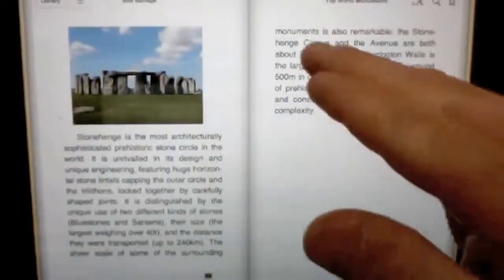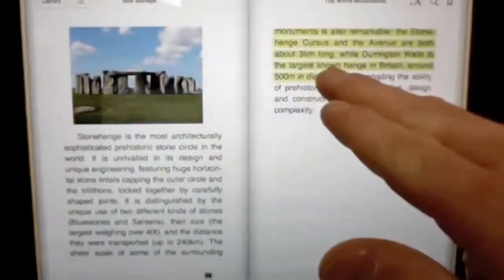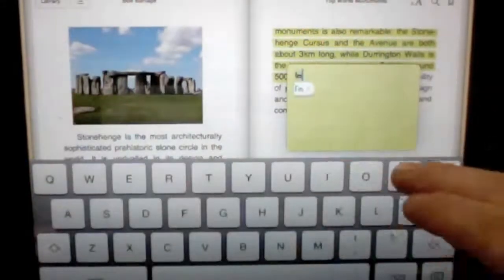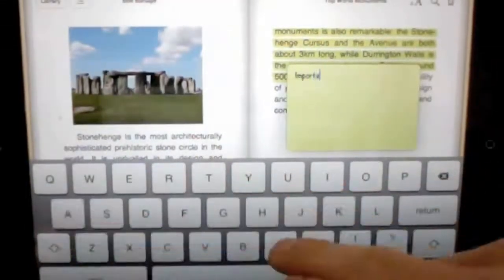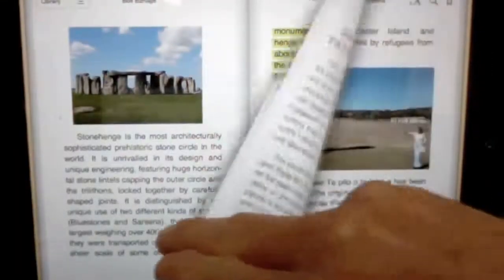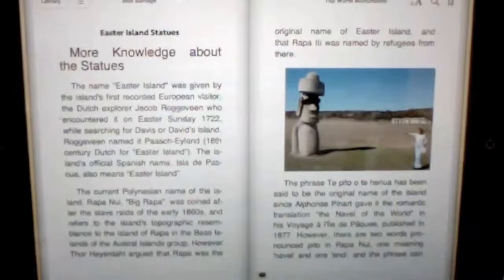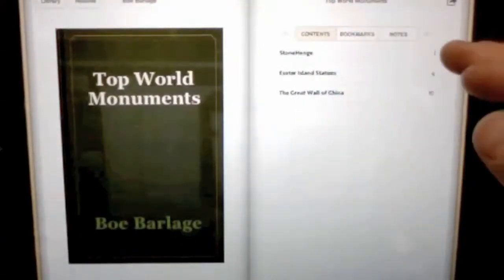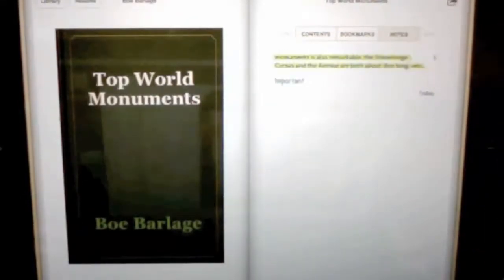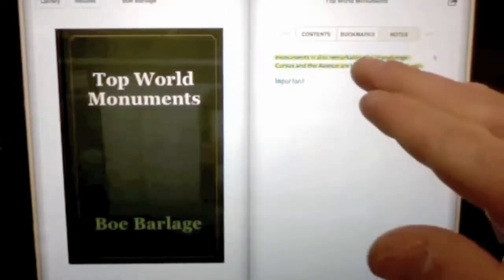and I can also take notes. I can save these notes, and they will automatically be taken into my table of contents. When I go into my table of contents, I can jump throughout the chapters to go right to where I want to read. I can also go to my notes section and jump right back to where I left off